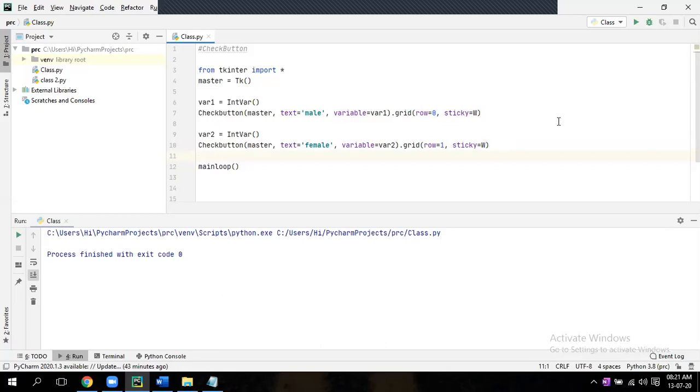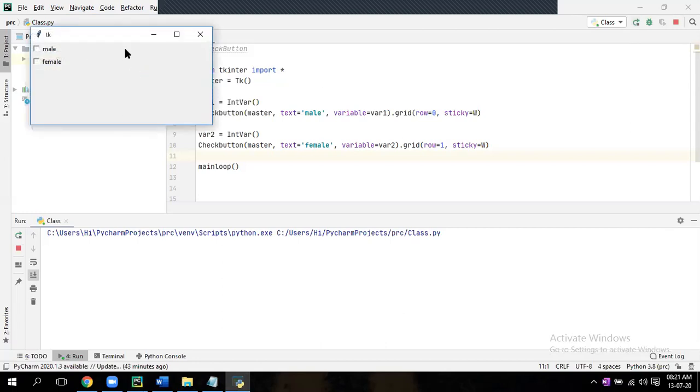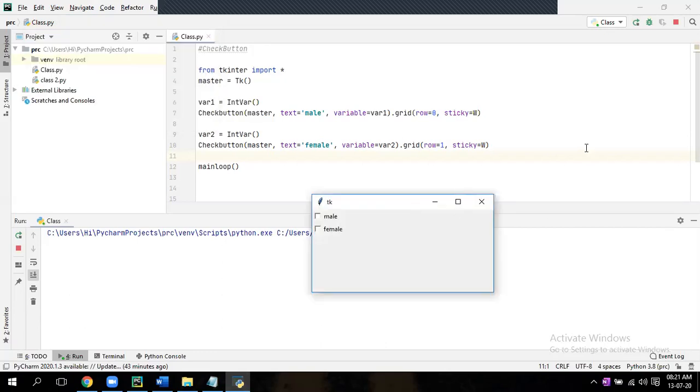What do you mean by check button? Okay, just run it. So here this is nothing but your check button. You just do the tick mark there, male or female. And female. So check button means you can select both, right? Yes, sir. With a check button, you can select both, multiple also you can select. That is your check button. Can you add one more button? Yes, sir. Do it, close it.